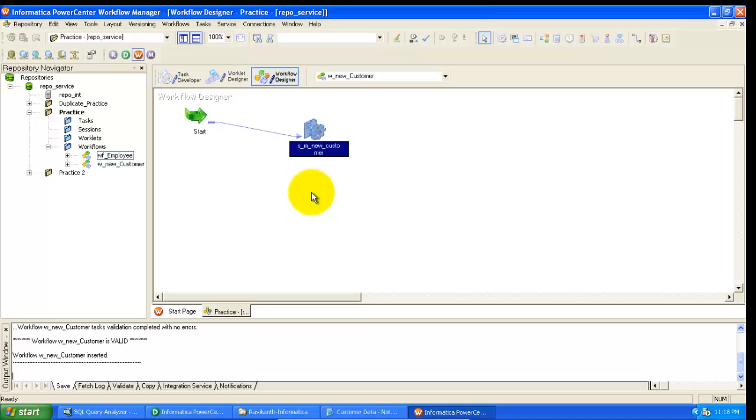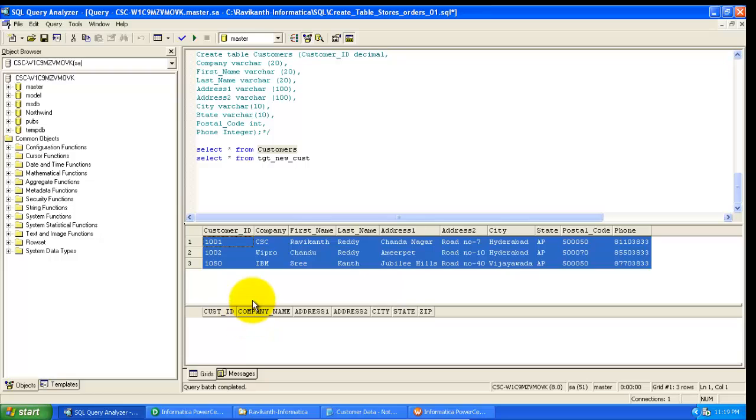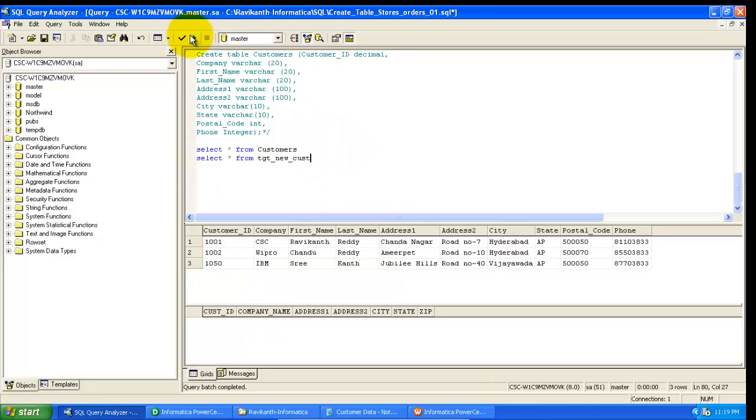Now before running the workflow, I just want to show you again the target table. Here this is my target table in the database. And this is my lookup table, which is the customer table. This table already exists with 3 records.